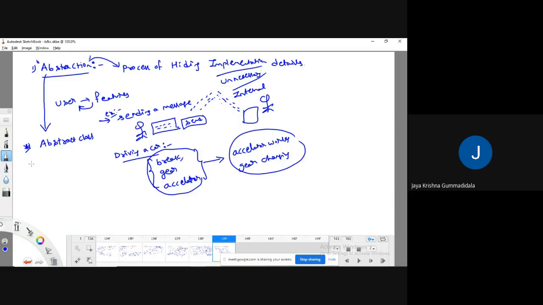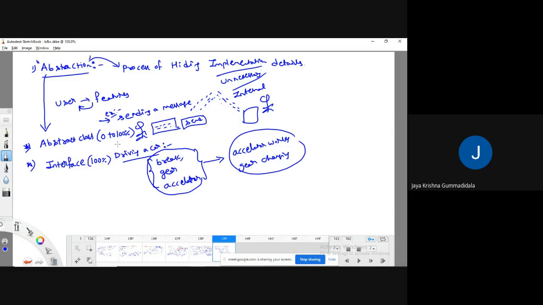And also through one more user-defined data type, that is the concept of interfaces. Through interfaces, we'll achieve 100% abstraction. But through abstract classes, we can achieve 0 to 100%.